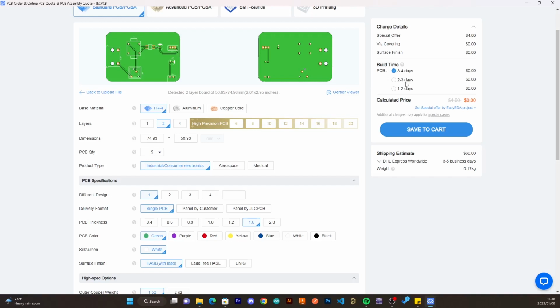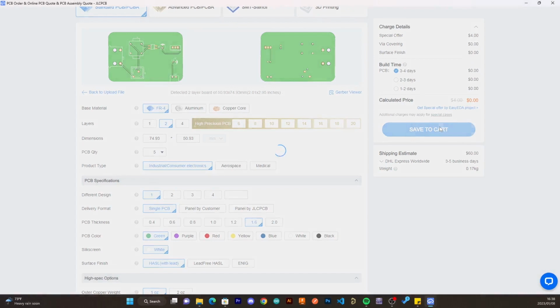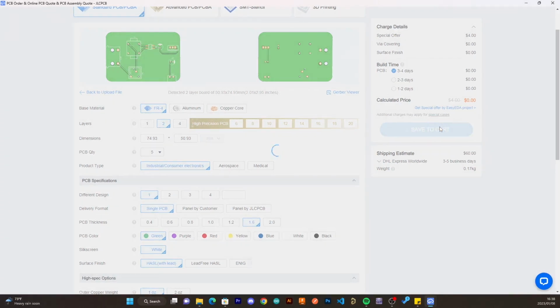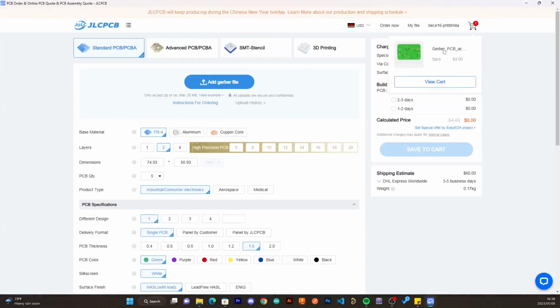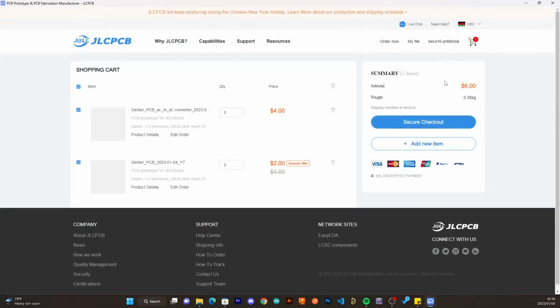take 3 to 4 days in order to have the PCB, and 3 to 5 days to get the PCB right here in Malawi. But due to my experience, you can get this PCB within 4 days from China to Malawi. You place save to cart, and it's going to save your PCB to your cart. Let's go and view the cart, and you can see I do have 2